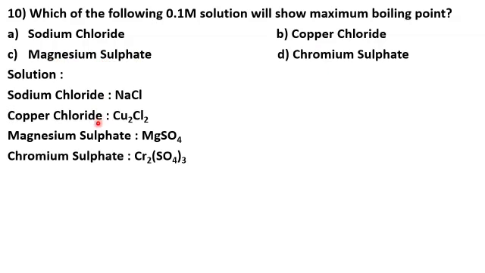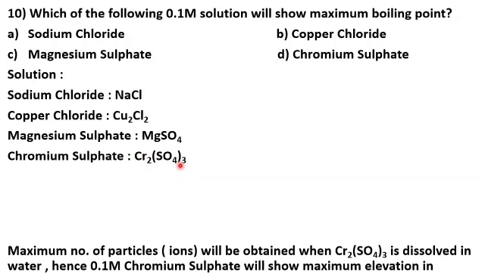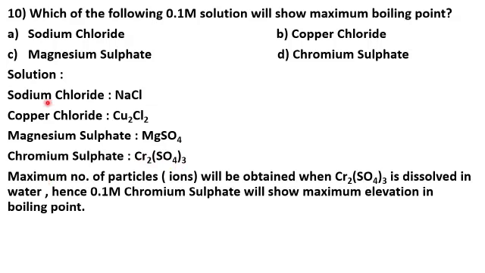First you list out the formulas of all the salts. Sodium chloride, NaCl. Copper chloride, Cu2Cl2. Magnesium sulfate, MgSO4. Chromium sulfate, Cr2(SO4)3. So of all these salts, the maximum number of particles or ions will be obtained when chromium sulfate is dissolved in